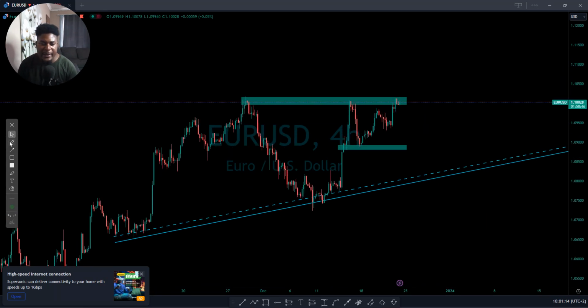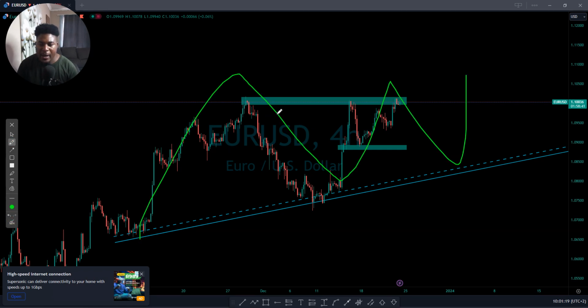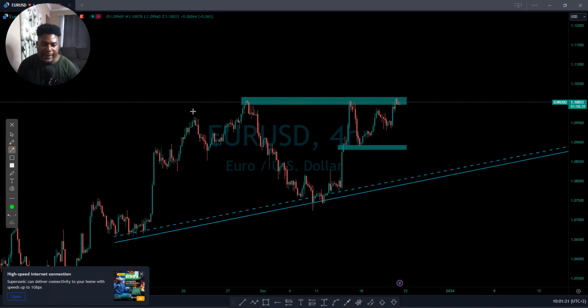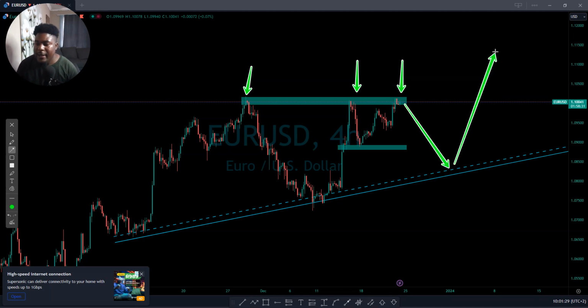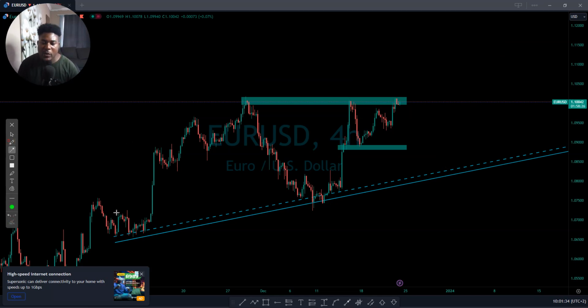So what's really happening is, we are on Euro USD. Where we are now, you can see it's a very nice resistance. The market respected that area that time, even here. So I'm expecting the same to happen here. Maybe we'll see the market pushing down there, then maybe we will see another push to the upside. That's what I see.